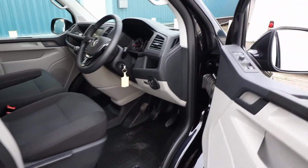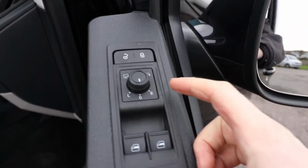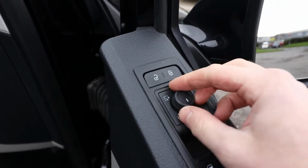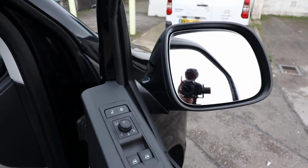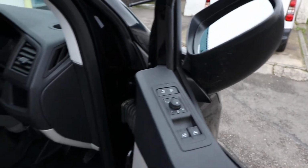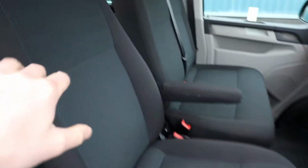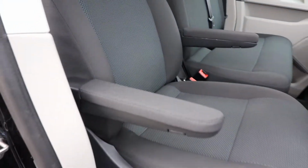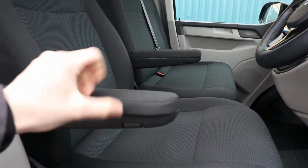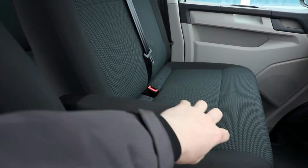But if we look inside the cab and the driver's door, so we have electric windows. Standard, they will come with electric heated mirrors, but the folding option is not standard. So as you can see, put them up to that position there, and they will automatically fold up. If we look at the driver's seat, we've got height adjustability here. One of my favorite features is you've got the twin adjustable armrests. You've got this little roller underneath just there, so you can adjust the height of each armrest individually,